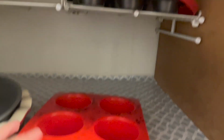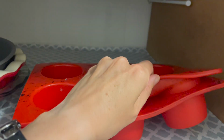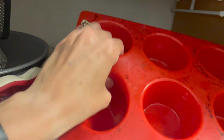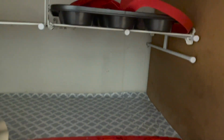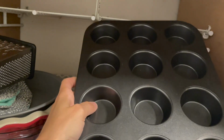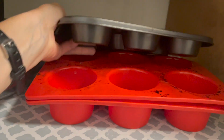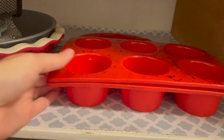Okay, now I am down to these. You're like, ew, gross, those aren't clean. They don't come clean super well, which is honestly something that bugs me. I originally got these because I love the idea of having non-stick muffin tins, but I found that I actually like using the baking papers better. So, using a muffin pan like this and then just using the baking liners in there. Since I have these and I have these, that's kind of double duty, so I am just going to keep this one and use baking liners, and I'm going to